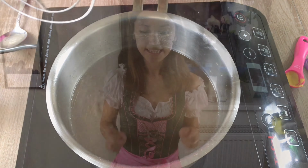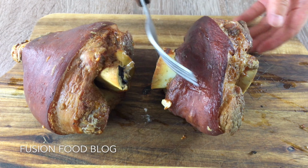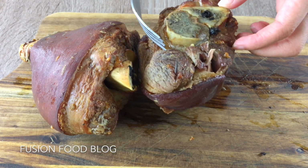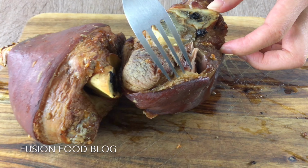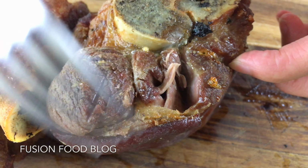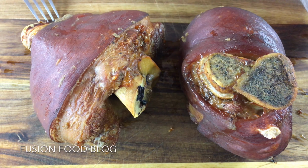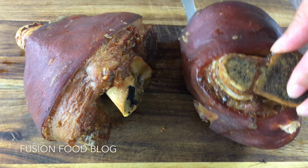Now our pork knuckle is finally ready. You can have a look here. You can hear it's totally hot. That's what you want to achieve. The meat is juicy, you can see. And the skin is crispy, and the skin is the best part of a pork knuckle. Now we can take this haxe onto a plate